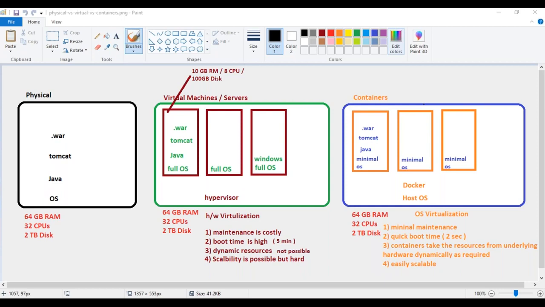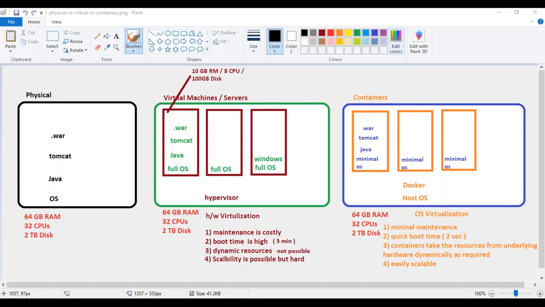If I take 2 seconds to start a container, it takes the same time for me to launch another 10 containers. So within 2 seconds or whatever it is, I can launch another 10 containers also. Now the boot time is very low, very minimal, and similarly, they are easily scalable. You can see that within 2 seconds, we'll be able to launch 10 different instances. That is the biggest advantage that you get. Now, if you talk about the resources point, since at the containerization level we provide something called OS-level virtualization.